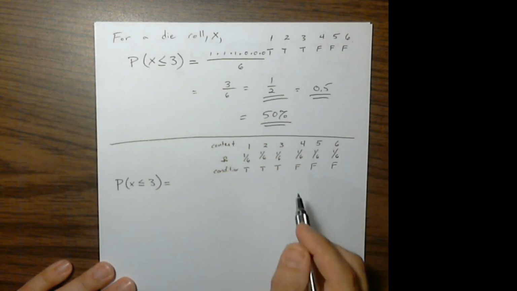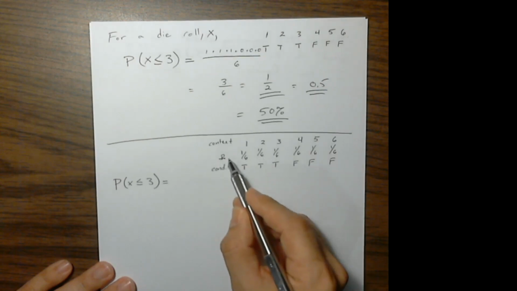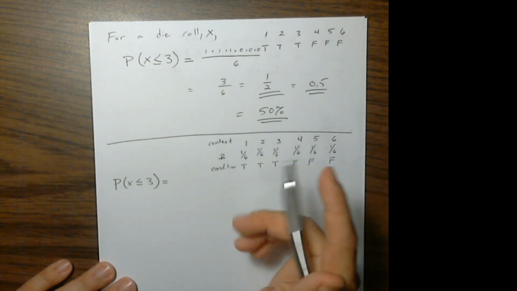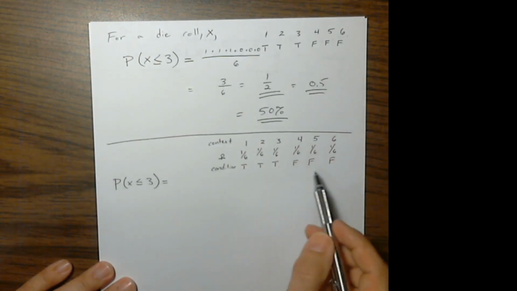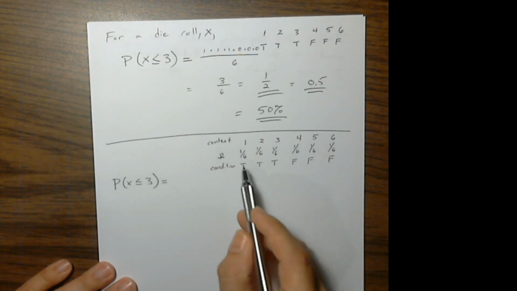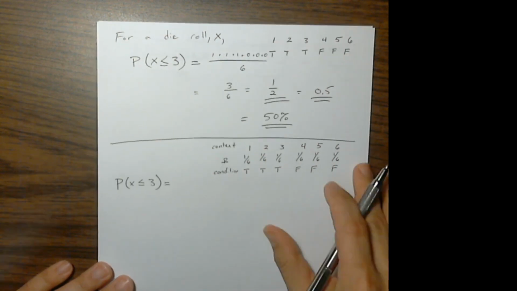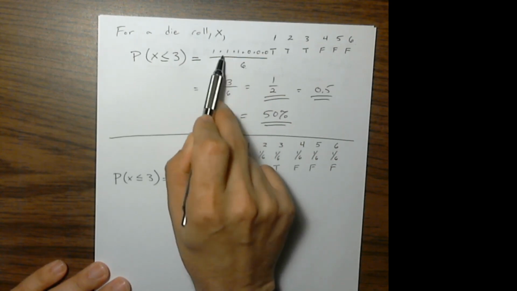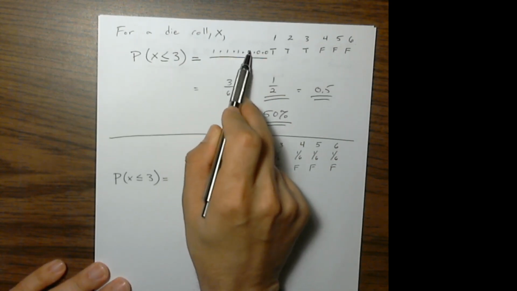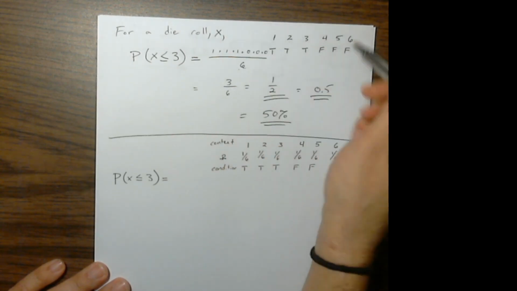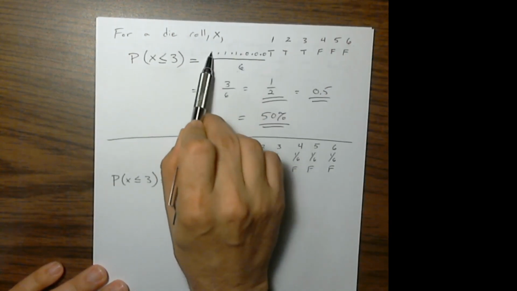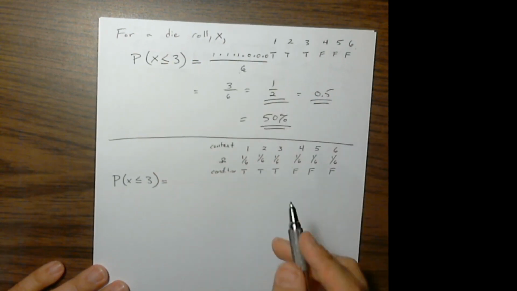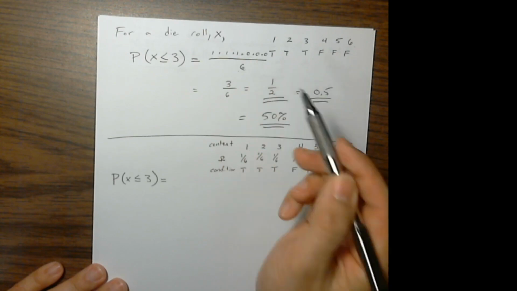All my possible cases there. And then here's the probability of each condition in the context. Now, instead of doing what I did up here, the way that's going to be more useful to us is to sum up all of the individual cases. So you'll notice that I still end up with a 1/6 here. I just summed true, true, true, false, false, false, divided by 6, and I got this result. That's whence cometh the idea of 1/6 being the probability of one of these. We borrow that notion from up here.